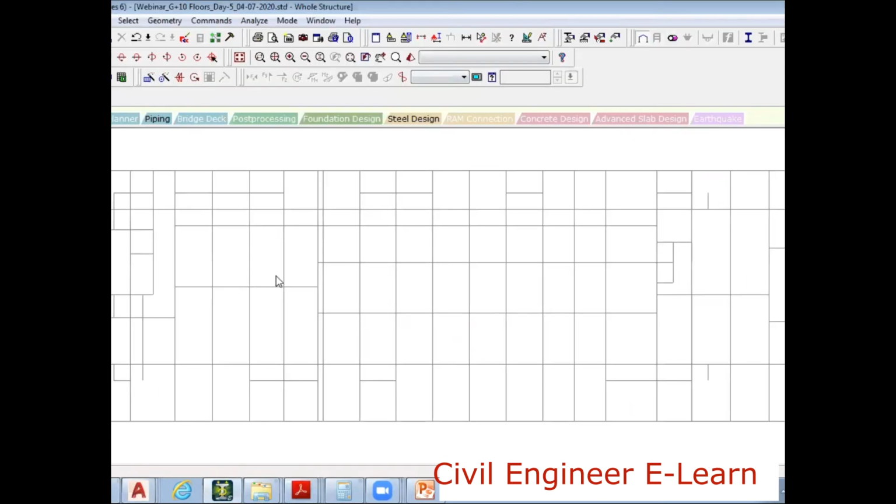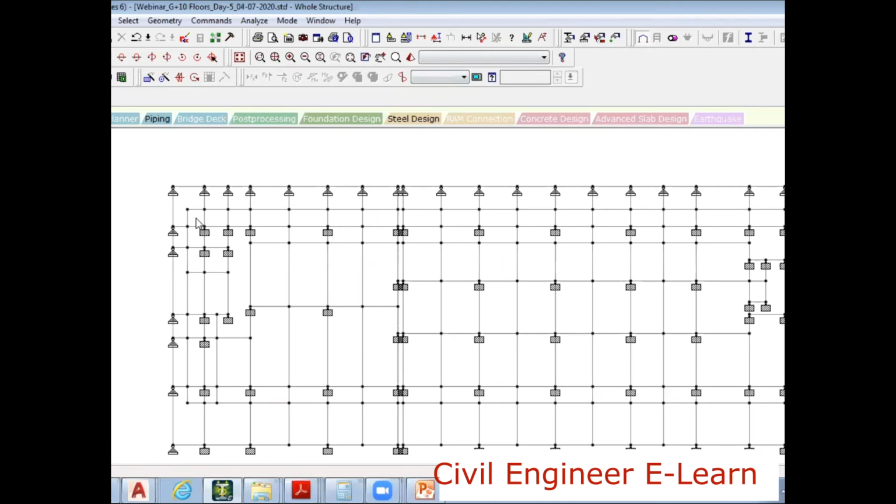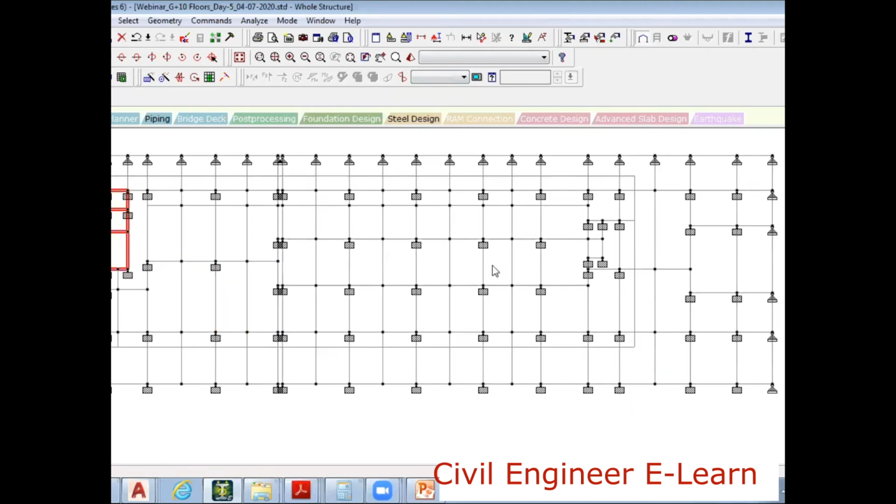I will check. Yes, this is the left-hand staircase location. I'll select from here to here, press Control, and again select from here to here. Alt VV.